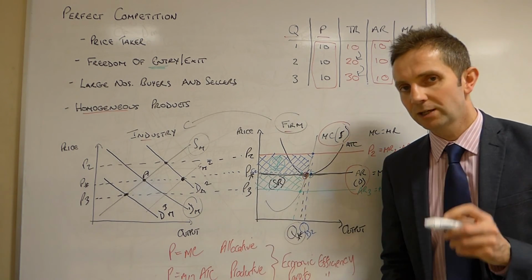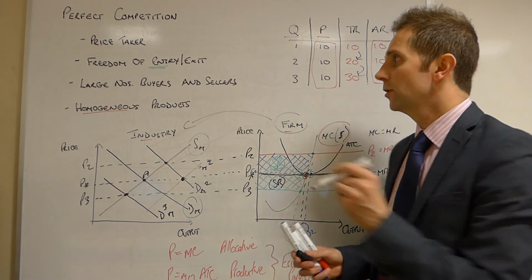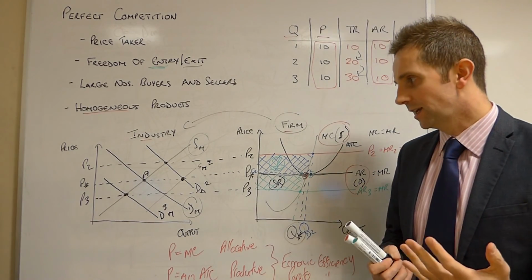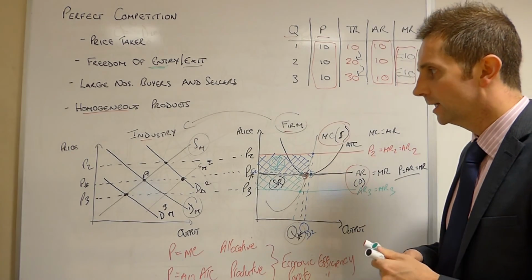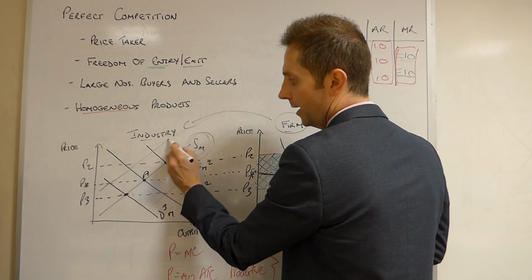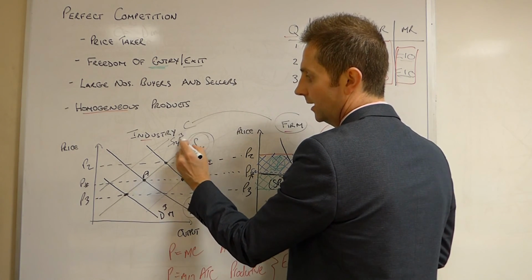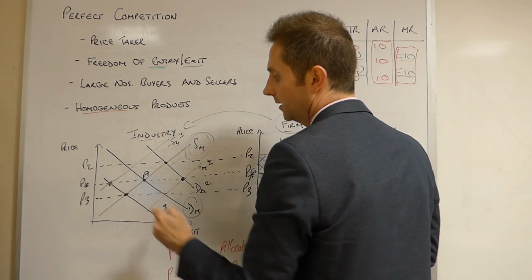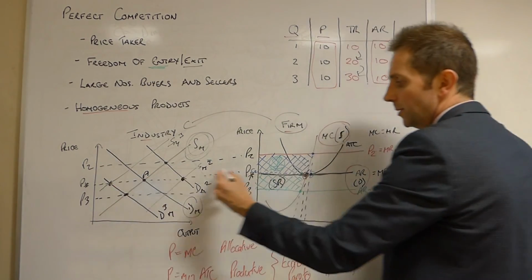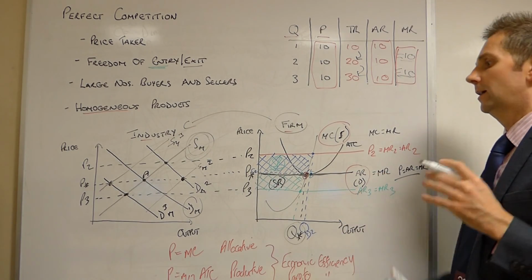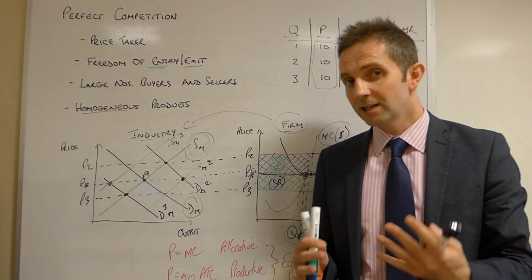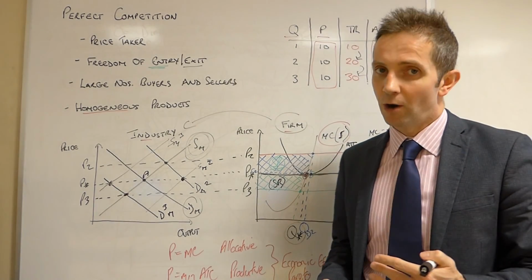This will not persist, because what will happen? Firms are free to exit the market. So if they're free to exit, they won't want to stay in the market when they're making a loss. They will leave, supply in the industry. Remember, this is our original supply curve. Supply will drop back to SM3, and we end up again back at the original equilibrium position, P star. Firm has to accept P star, and again it's long run normal profits.